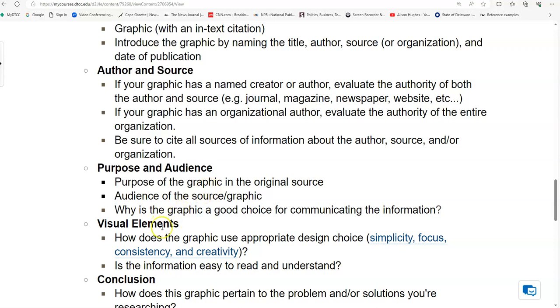Then you're going to evaluate the visual elements. So how does this graphic that you're evaluating use appropriate design choices? So make sure you look at the instructional materials about simplicity, focus, consistency, and creativity. And again, when you look at the sample, you will see that the visual elements are evaluated based on different categories. Those categories are not the ones that you have to use. They were just the design choices appropriate for the sample graphic. And then of course you need to address whether or not the information in the graphic is easy to read